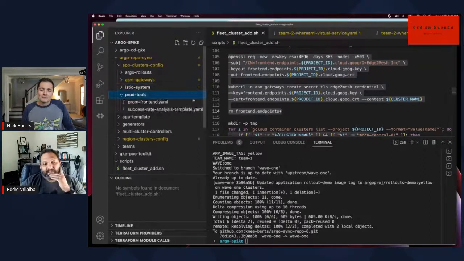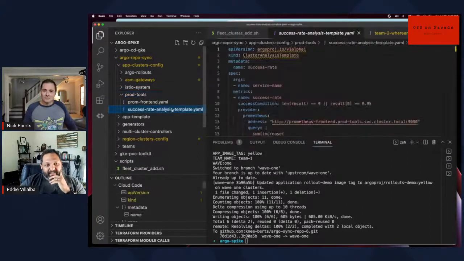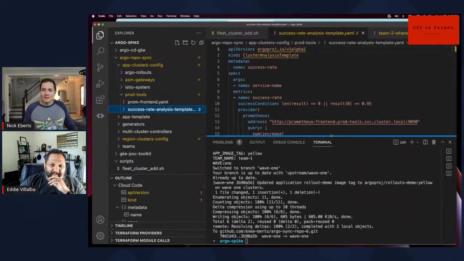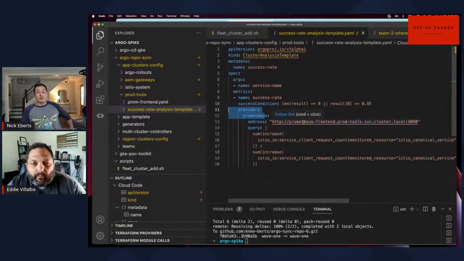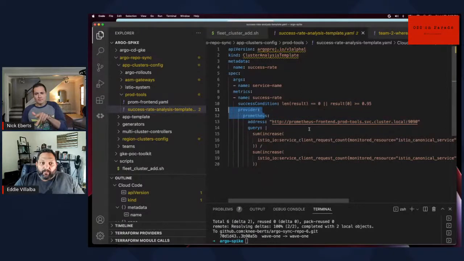That's kind of cool because I can do a smoke test against the endpoint, right? And as an SRE, that's cool. I can say, oh, okay. No, it's neat. So they have this cluster analysis template CRD. I'm using the Prometheus provider. Sure. And actually, one thing to call out here, I don't have Prometheus running in this cluster at